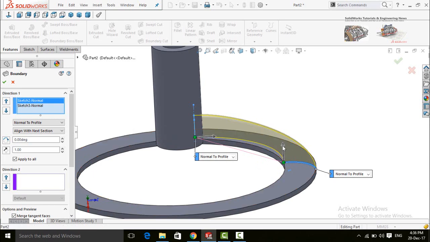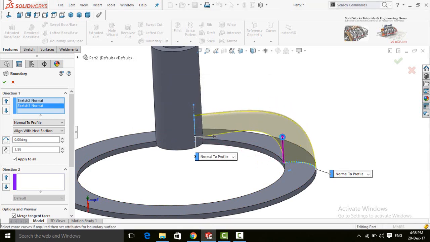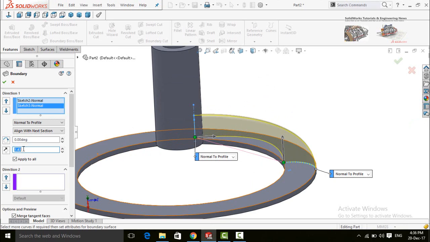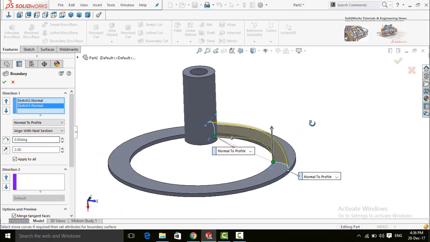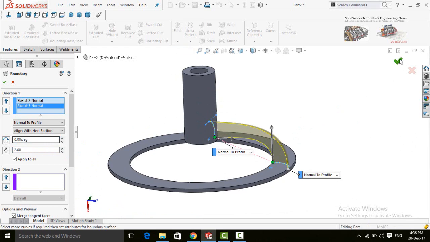Click on this arrow and drag it upward. If it is difficult to drag it from here, simply type the distance on this box. So press OK button.